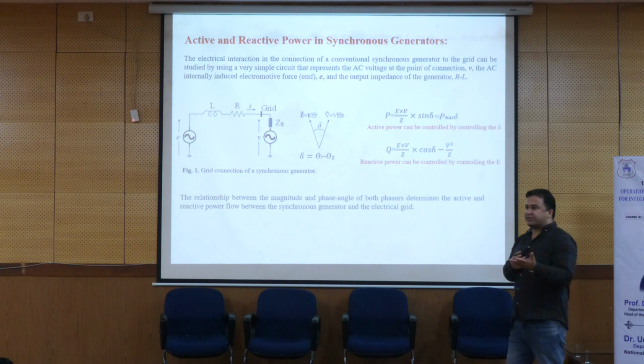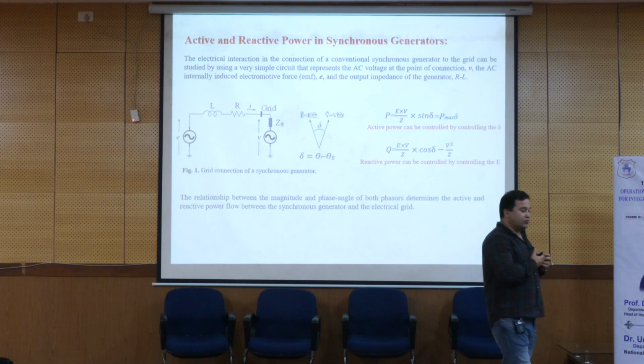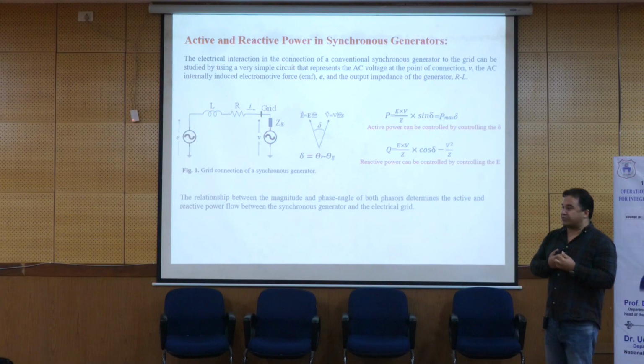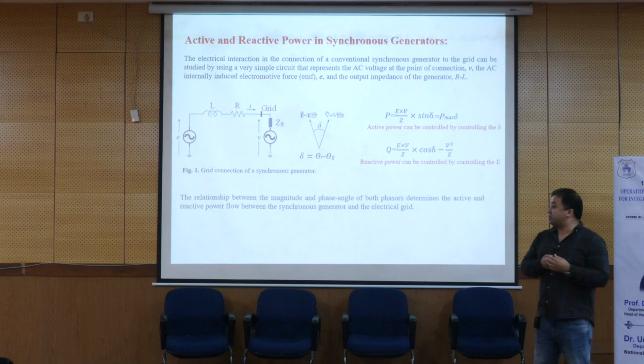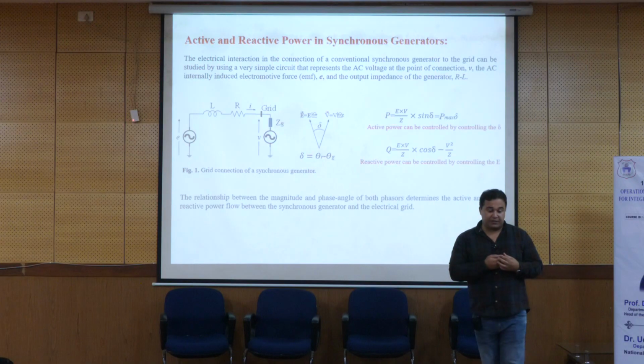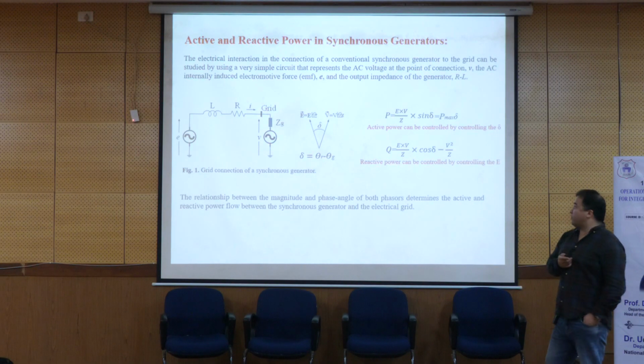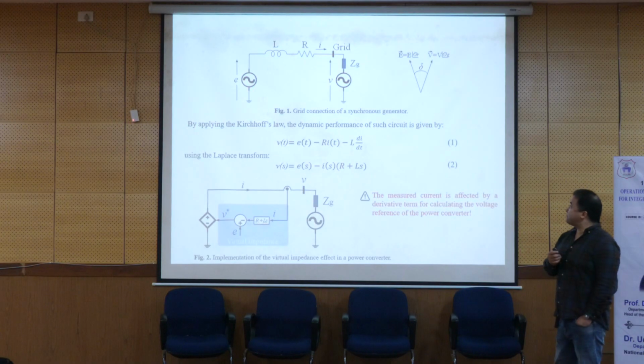Is it clear? This is the simple electric circuit from the bachelor level in electrical engineering. So easily you can calculate the active and reactive power from the machine to the grid. Is it clear? So for the next stage, now we have this system, V is equal to E minus